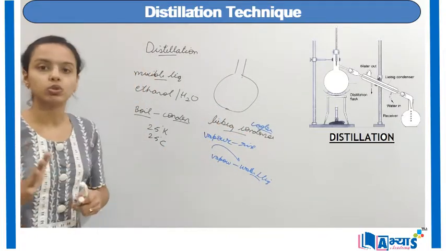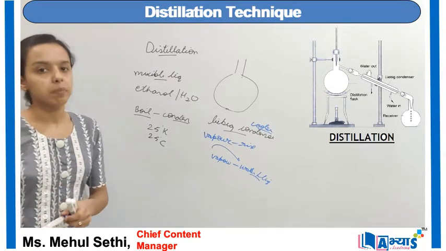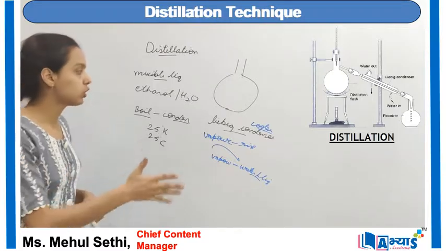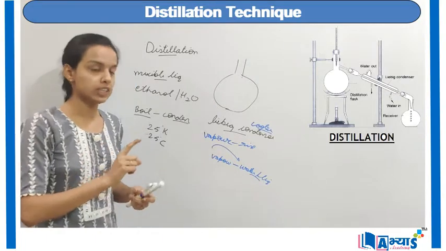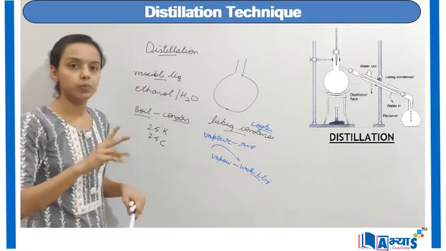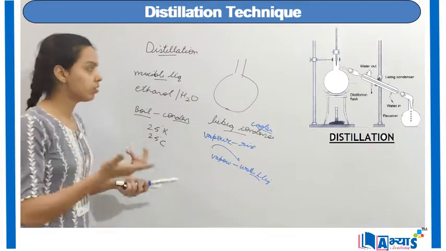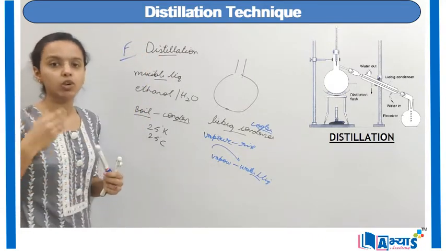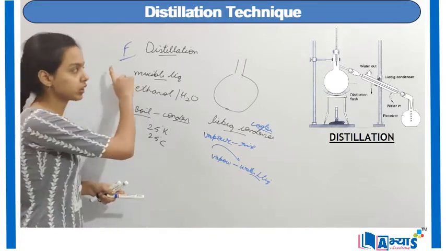It is the best method for purification of liquids, whereas for purification of solids, we must refer to the process of crystallization. But for liquids, we always use the process of distillation. The important point is that the difference between the boiling points of the two components must be higher than 25 degrees. If it is less than that, we will use the process of fractional distillation. A separate video has been offered by Abhyas online on this concept. You must refer to that video on fractional distillation.